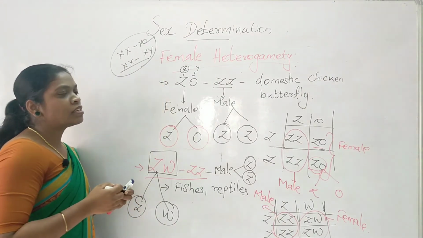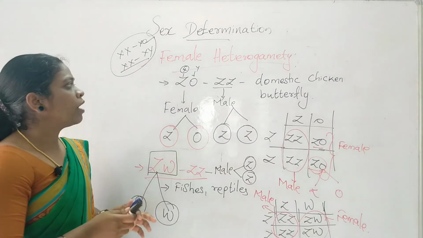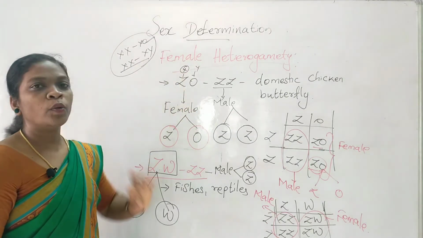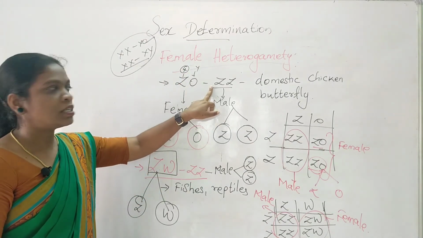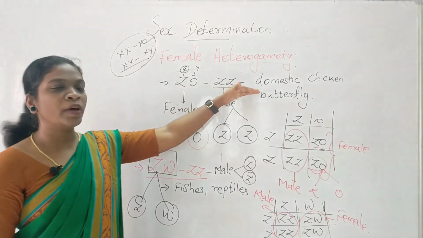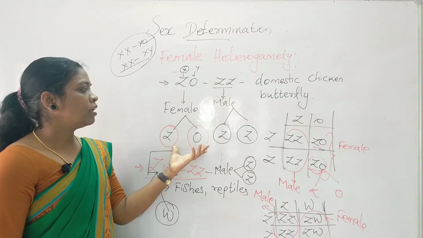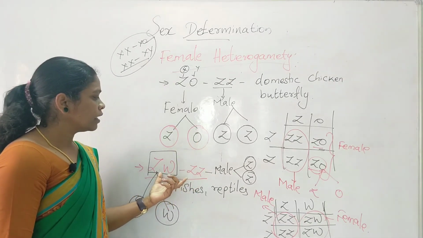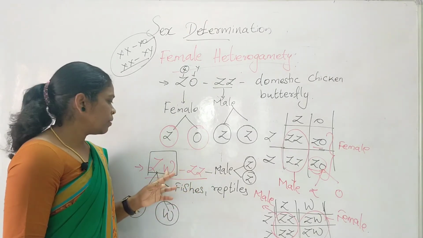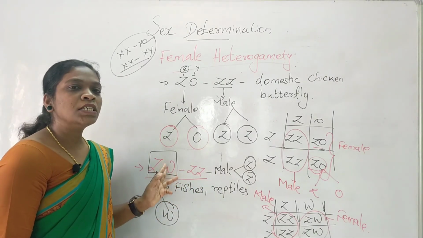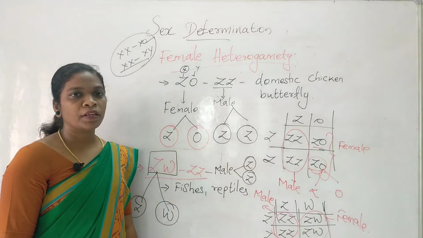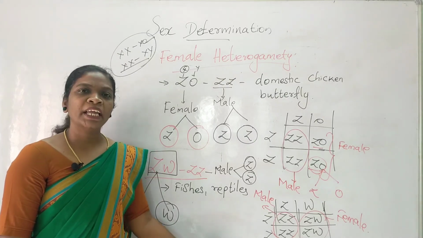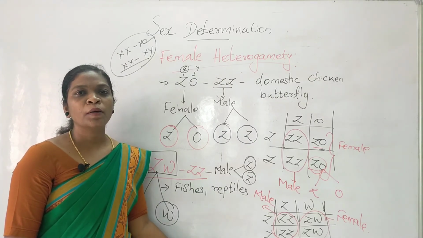Okay, the second thing is we are learning about female heterogamety, where the female will produce two different sets of chromosomes. Here the female will exhibit heterogamety, and the male will exhibit homogamety. This type of mechanism you can find in domestic chicken and butterfly, where the female chromosome will determine the sex of the offspring. And here ZW, ZZ. Again, here the female will be the heterogametic sex, where she will determine the sex of the offspring. So that's all about the chromosomal basis of sex determination. In the next video we'll learn about the Y chromosome and male development.